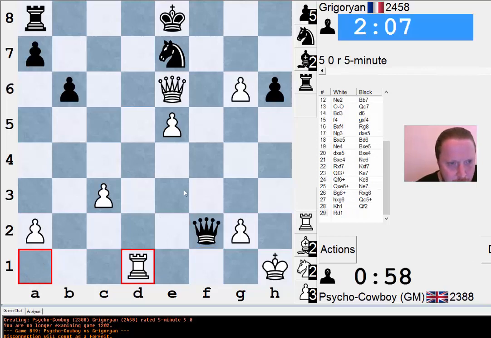I don't think I played this correctly. I was trying to be a bit too flash. Not always a good idea to be too flash. I think rook d8 now. But then queen f7 check is my idea. And I can play like this. And here I'm trying to...